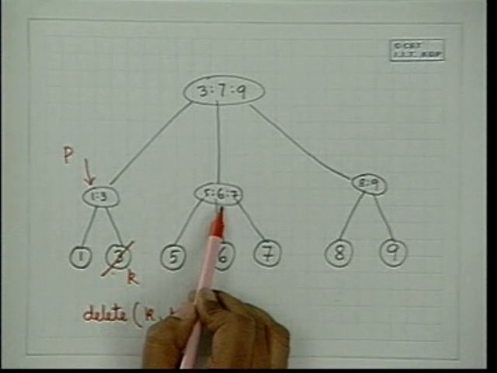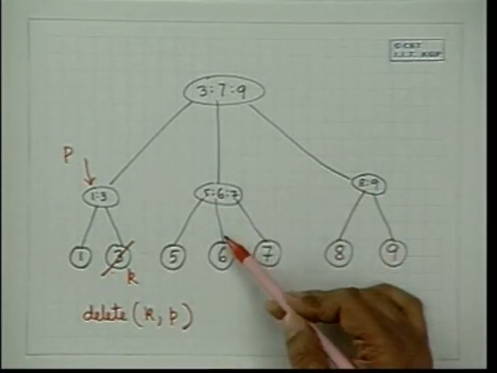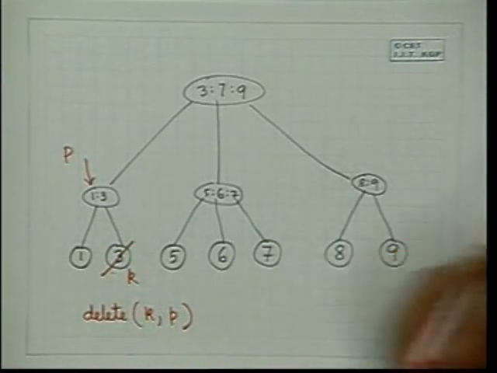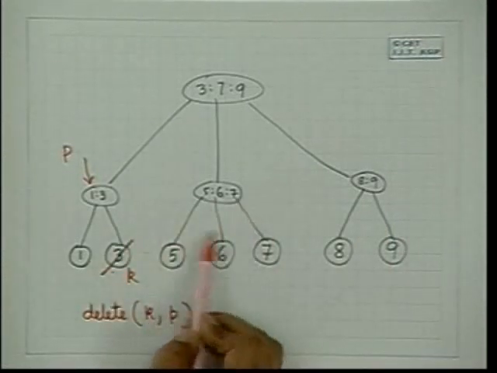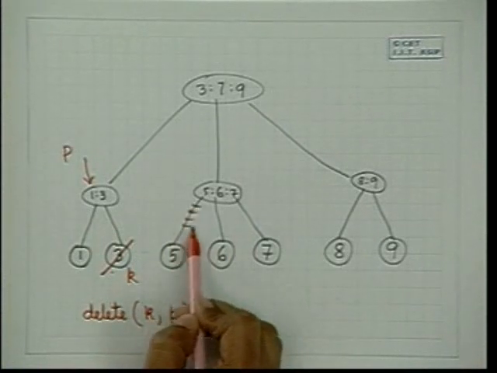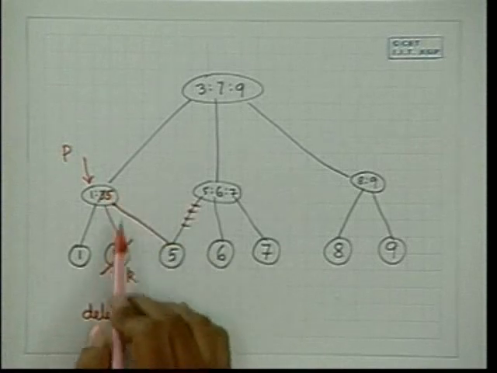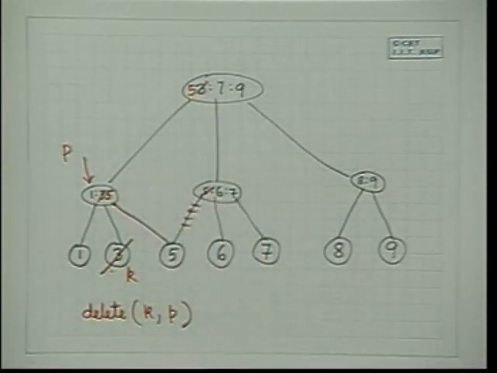Check with its right sibling. If it is the rightmost node, then check with the left sibling. You may have deleted 9, so you cannot check with the right sibling this side, you have to check with the left sibling. Here there are 3, so in this case just move this fellow here, update this to 5, update this to 5, problem is solved.